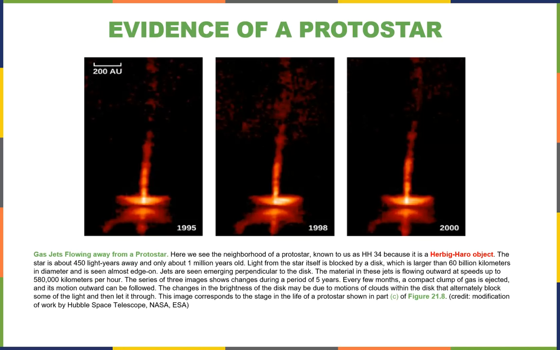Hypothesis, the idea I just explained, and then we look for predictions that it can answer. So we're going to look for things that show those jets. And here we have a picture of a single object, a protostar that has a forming star. It's called a Herbig-Haro object because these two gentlemen, Mr. Herbig and Mr. Haro,